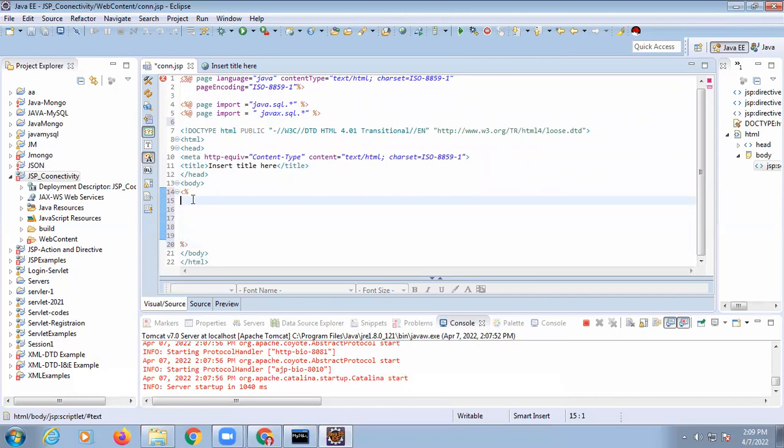So the code is like: capital C Class dot forName, in bracket in double quotes com dot mysql dot jdbc dot capital D Driver semicolon. After that, capital S Statement st equal to